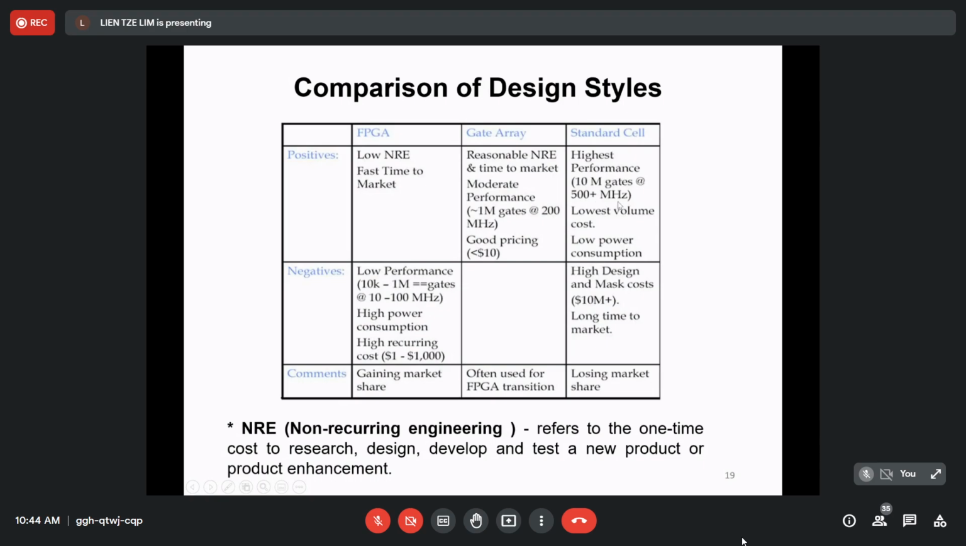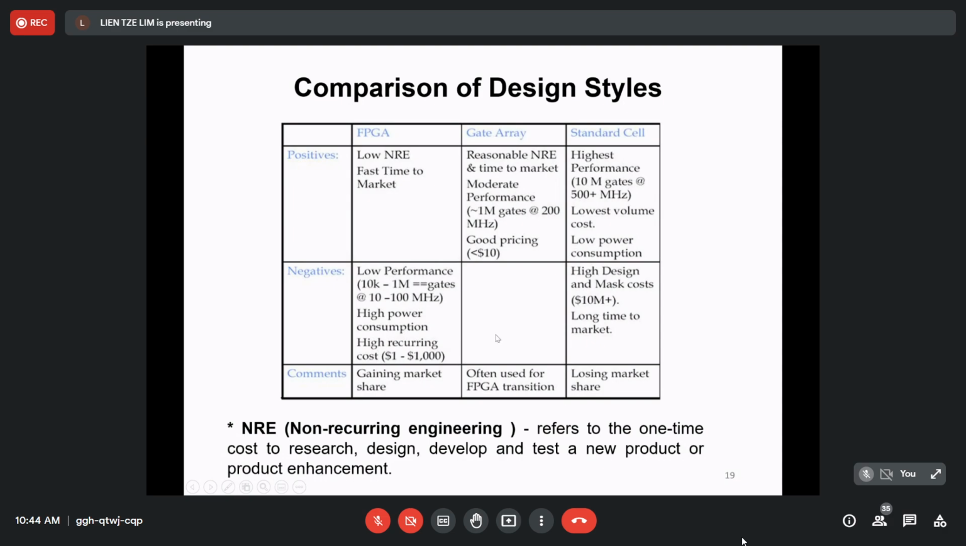Okay, and then the negative here for FPGA is that the IC can be with low performance, high power consumption, and high recurring costs. Okay, but for standard cells,